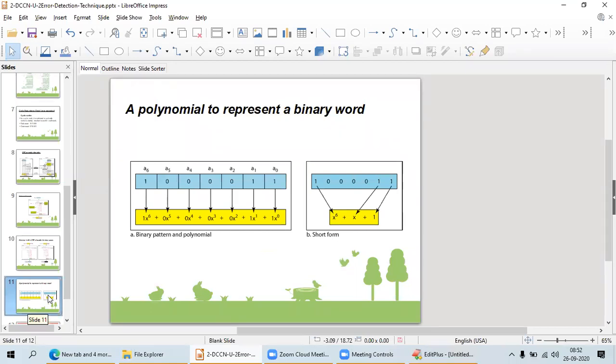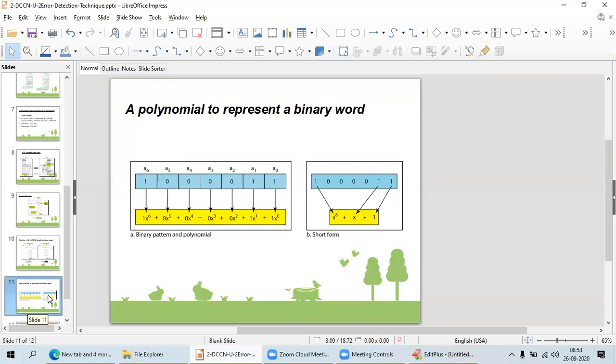How am I going to represent this binary data as a polynomial? For each bit of my binary data word, I add x to the power 0, x to the power 1, x to the power 2, from right to left.